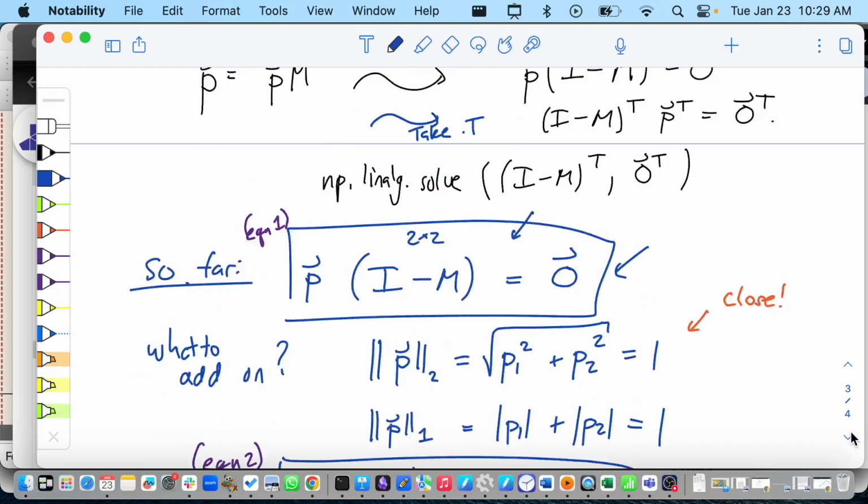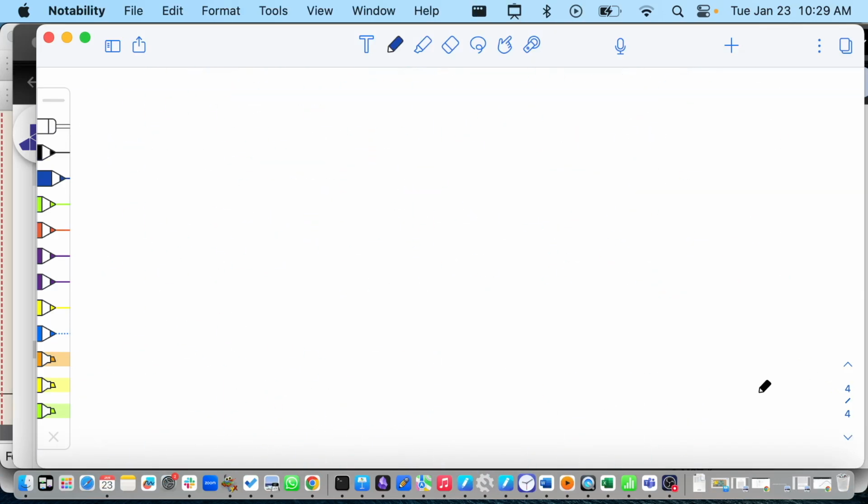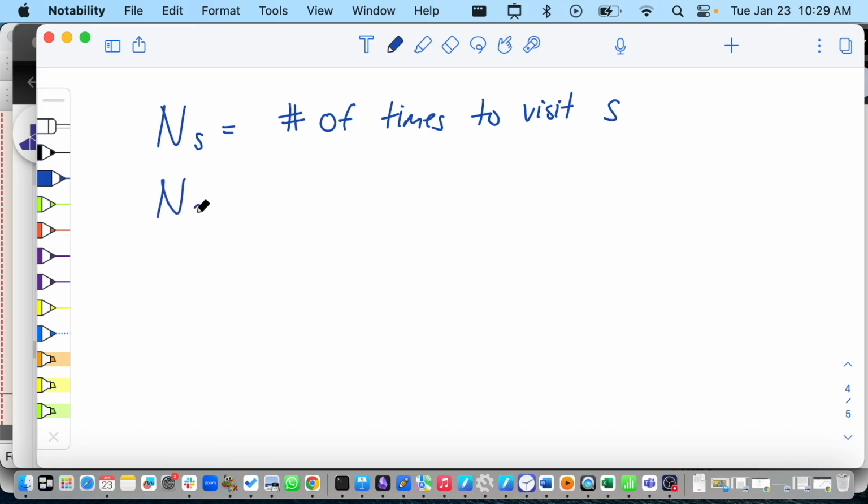So this is the kind of question you would do in a good probability class, or like a stats 101 class. So the number of times you visit state S. So S is some state. In our snakes and ladders game, the squares were numbered 0 to 9. Of course, N9 is going to be infinity. How many times do you visit square 9 in a run of snakes and ladders? That's going to be infinity, because you eventually end up there and you just stay there forever. So you're there for all eternity. N9 is kind of a boring one. N0 to 8 are the ones we're interested in.